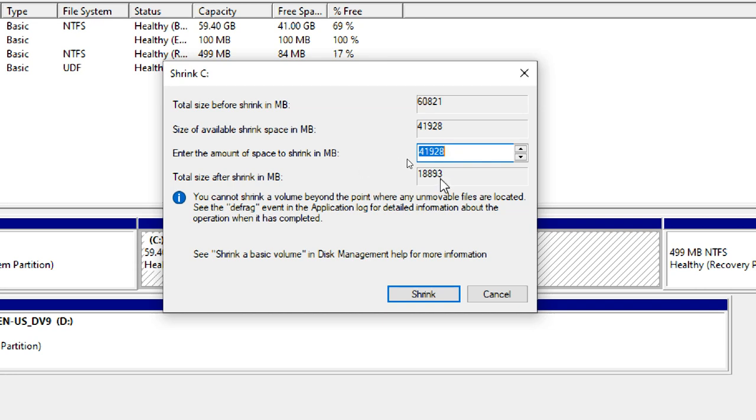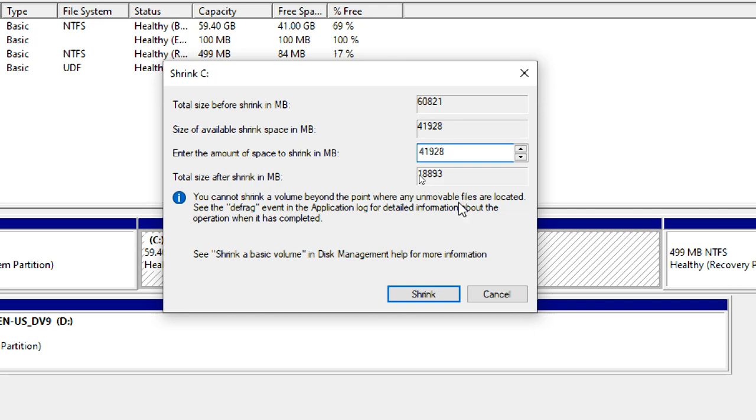After shrinking, the C drive becomes 18839 MB. If you have more space, for example a 500 GB C drive, it may show only 50 GB for shrink purposes, though there is actually a lot of free space. What to do? It is better to go for defragmentation. First defrag your C drive, or whatever the volume is.